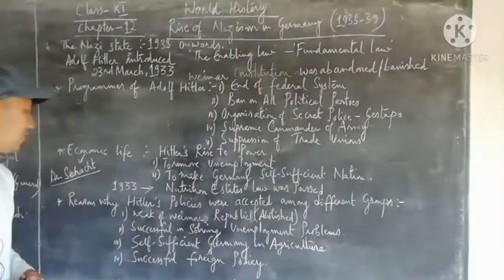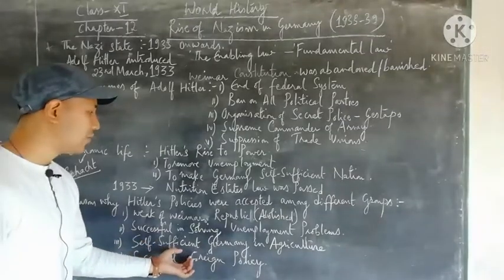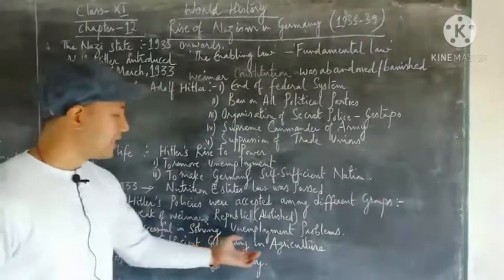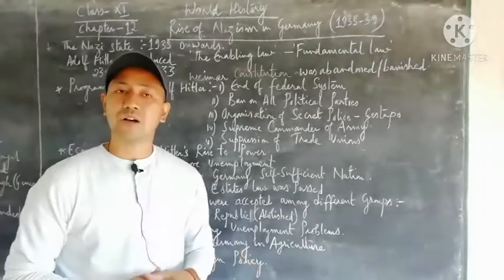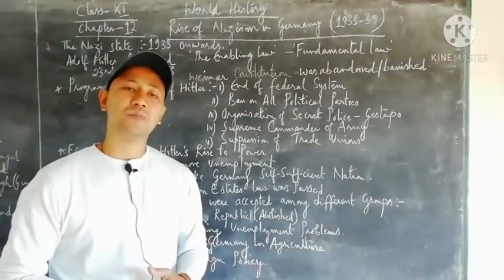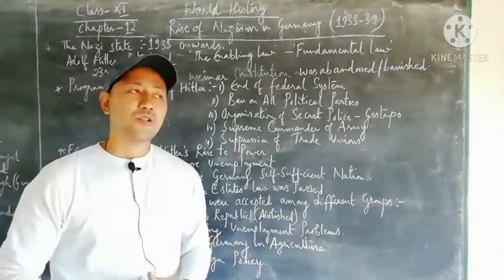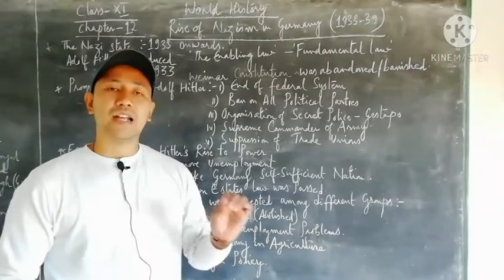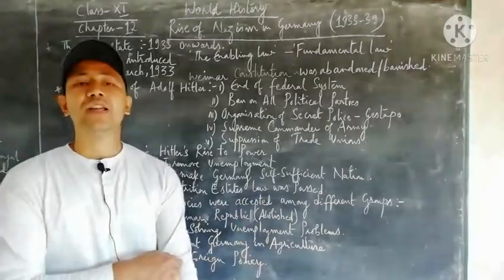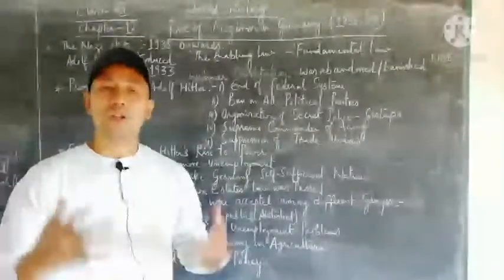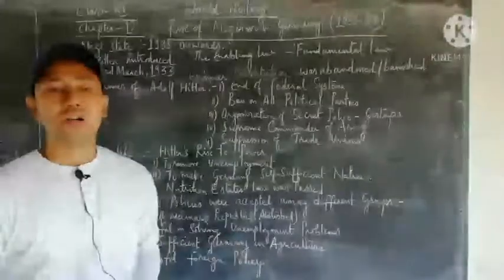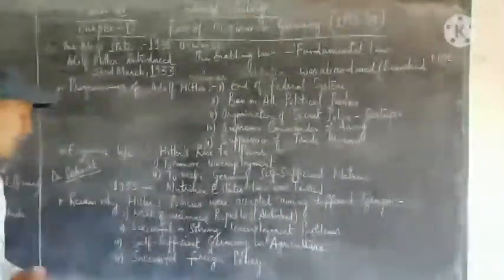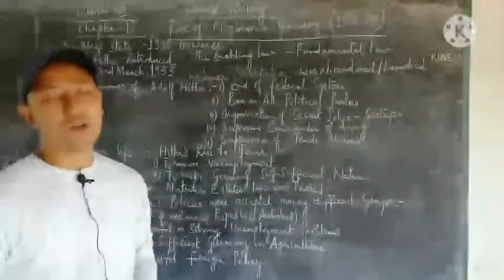Third, he wanted to make Germany self-sufficient in agriculture. How to make it so? By helping all the farmers, by providing them loans, so that new kinds of farming production could be done very easily, and in that manner he also played a very vital and good role among the citizens of Germany, helping them with their social and economic problems. And the last point is that he was able to bring a successful foreign policy,